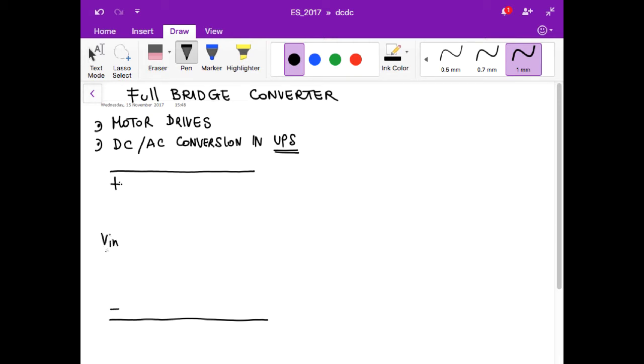Let's assume that we have a constant voltage provided, for example, by a battery, and we want to provide energy to a motor that can be a fan, for example, or another type of actuator. Now, the full bridge configuration consists of the following. We have two nodes, which are A and B,